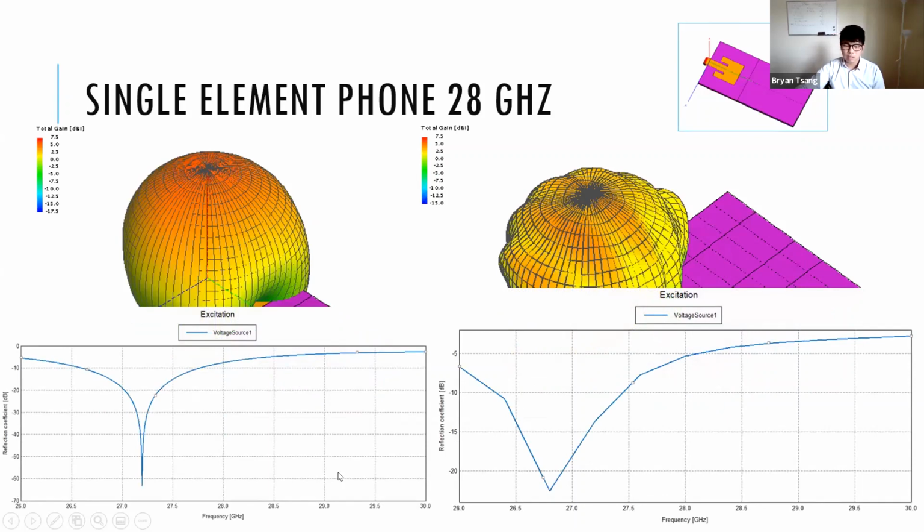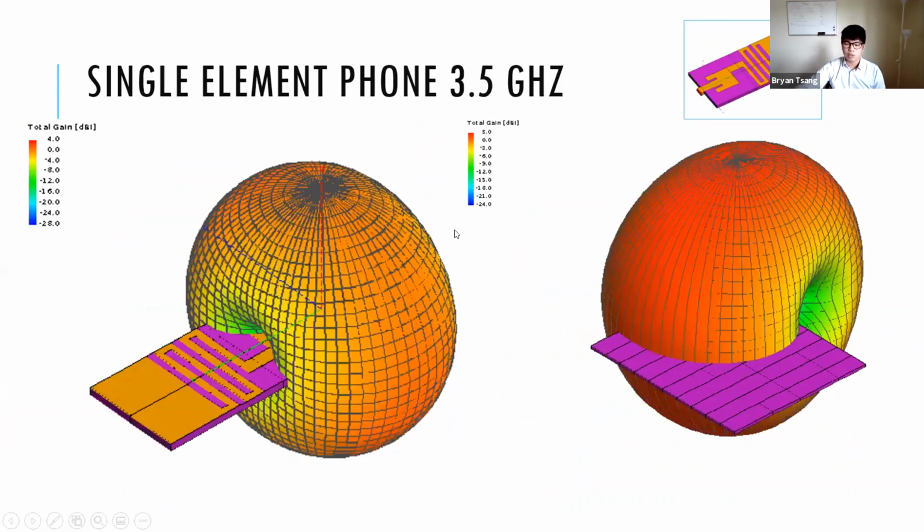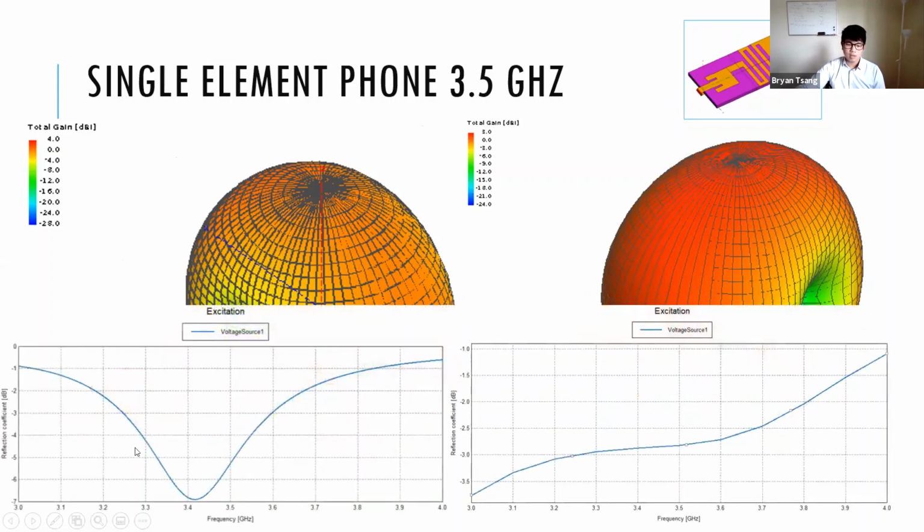But here are the reflection coefficients. Again, I think it's because I used 11 frequency points rather than a continuous frequency sweep. Here it is for the 3.5 gigahertz. See a slight drop in gain, and our reflection coefficient value is slightly worse than without the phone material,